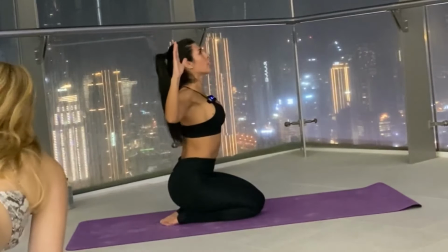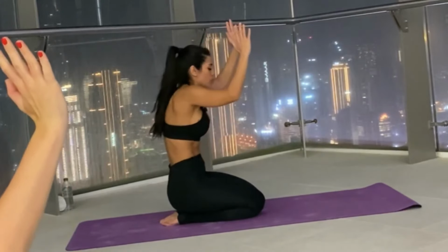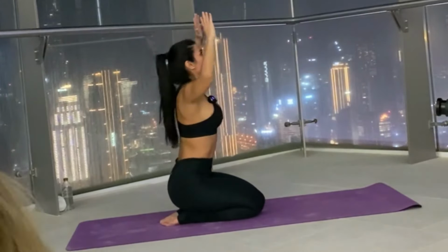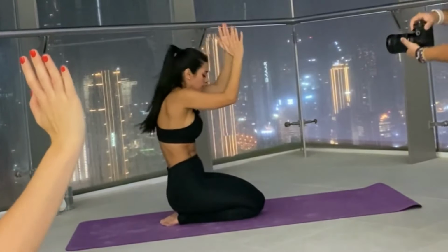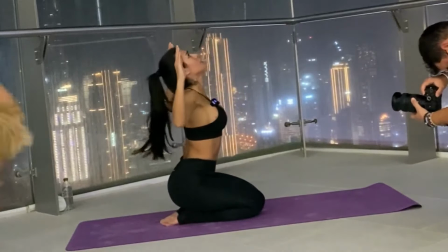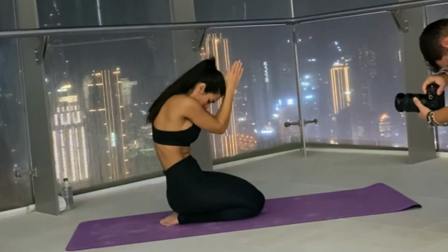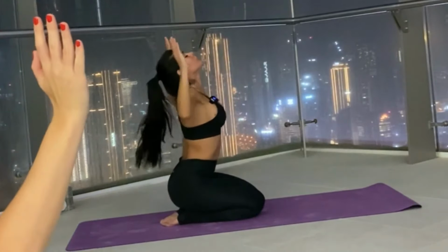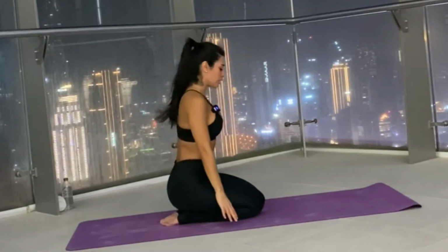Inhale, cactus arm. Open your chest, arch your back. Exhale, close, rounding your back. Tuck your tailbone. Inhale, open. Exhale, close and round. Warm up your spine. Inhale, open. Exhale, close and round. Inhale, open. Exhale, close and round. Now release the hands to the sides